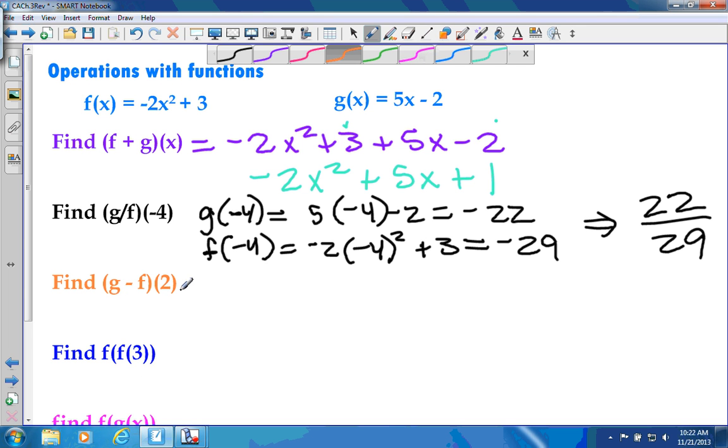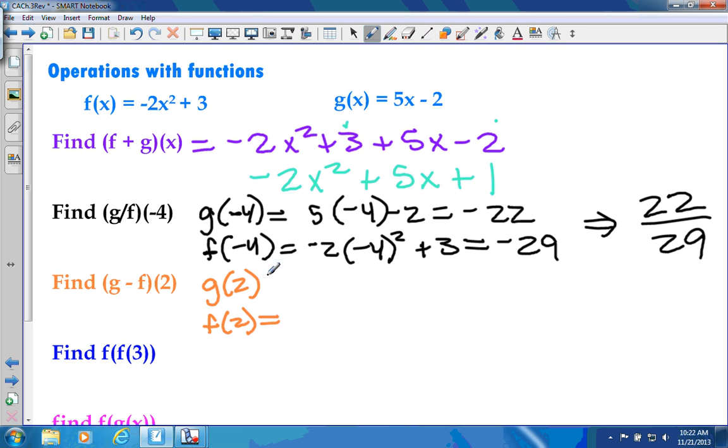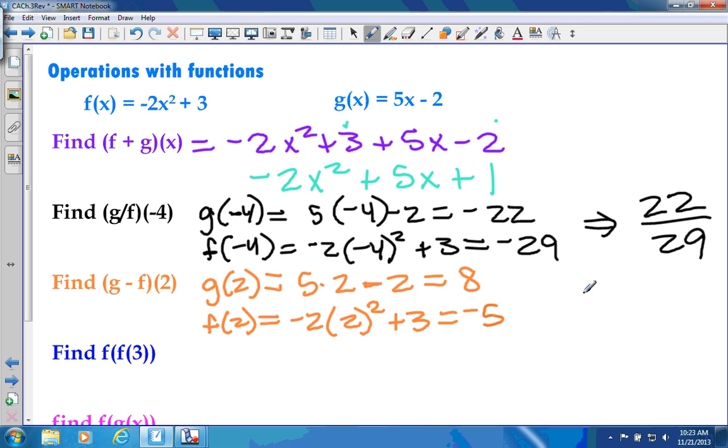Same with the g minus f of 2. Take g of 2 first, then figure out what f of 2 is second. So you have 5 times 2 minus 2, which is 8. And f of 2 is negative 5. So then since you're subtracting, 8 minus negative 5, that would be